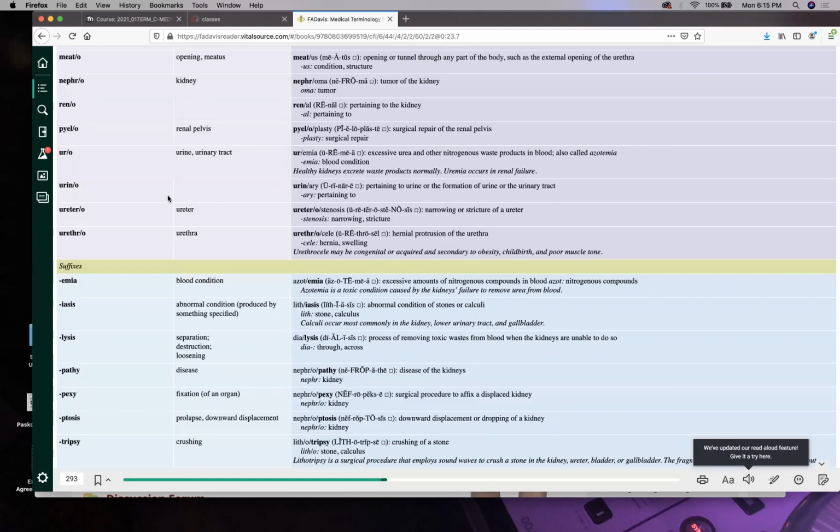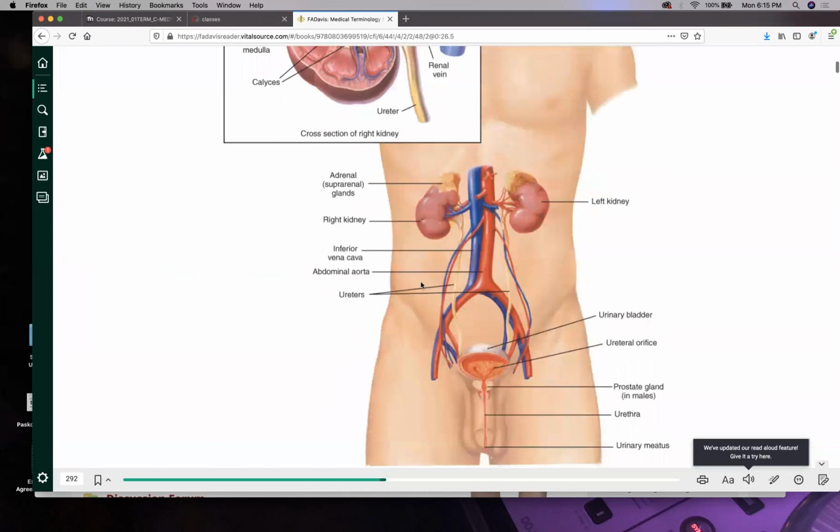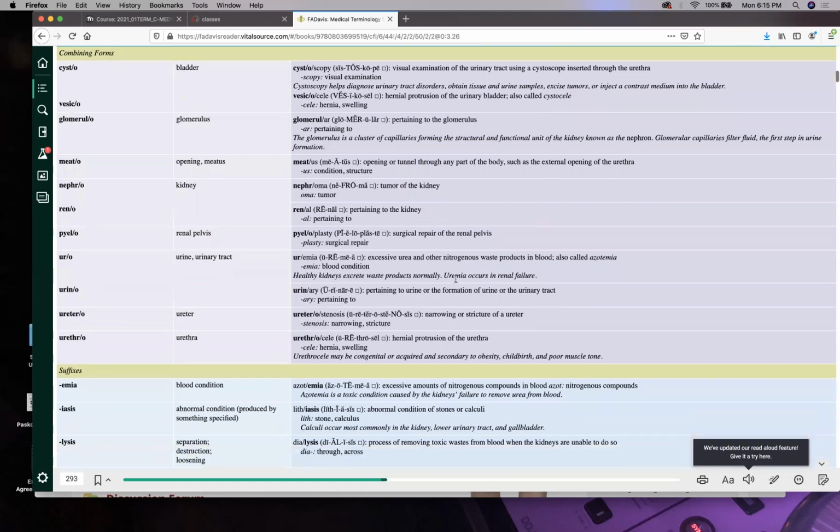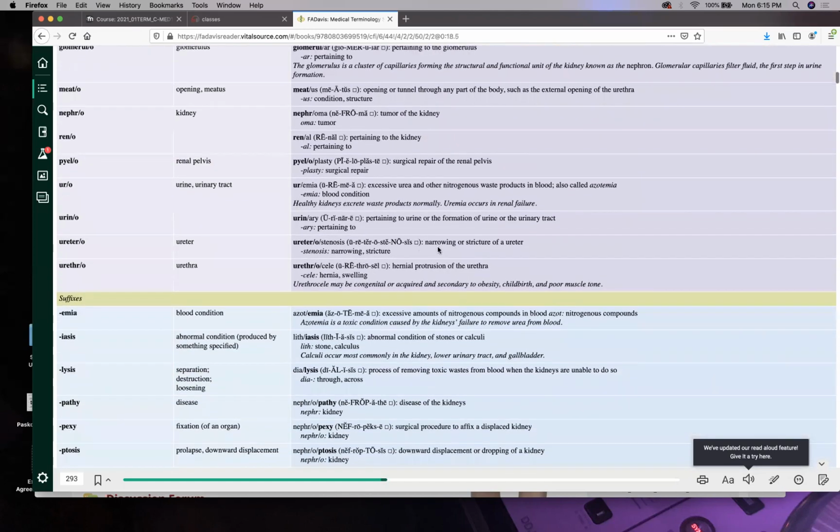Urinary, of course, pertaining to the urine. Ureterosclerosis, your ureter. It could have a stenosis. Here's your ureters, and you could have ureteritis, inflammation, infection of this tubing. It could close off that tube and cause stenosis or a narrowing. Another thing that can cause narrowing is this thing right here, lithiasis, abnormal condition of stone or calculus. Calculus means a single stone, calculi, multiple stones. And if you have that, you will definitely have ureterostenosis.